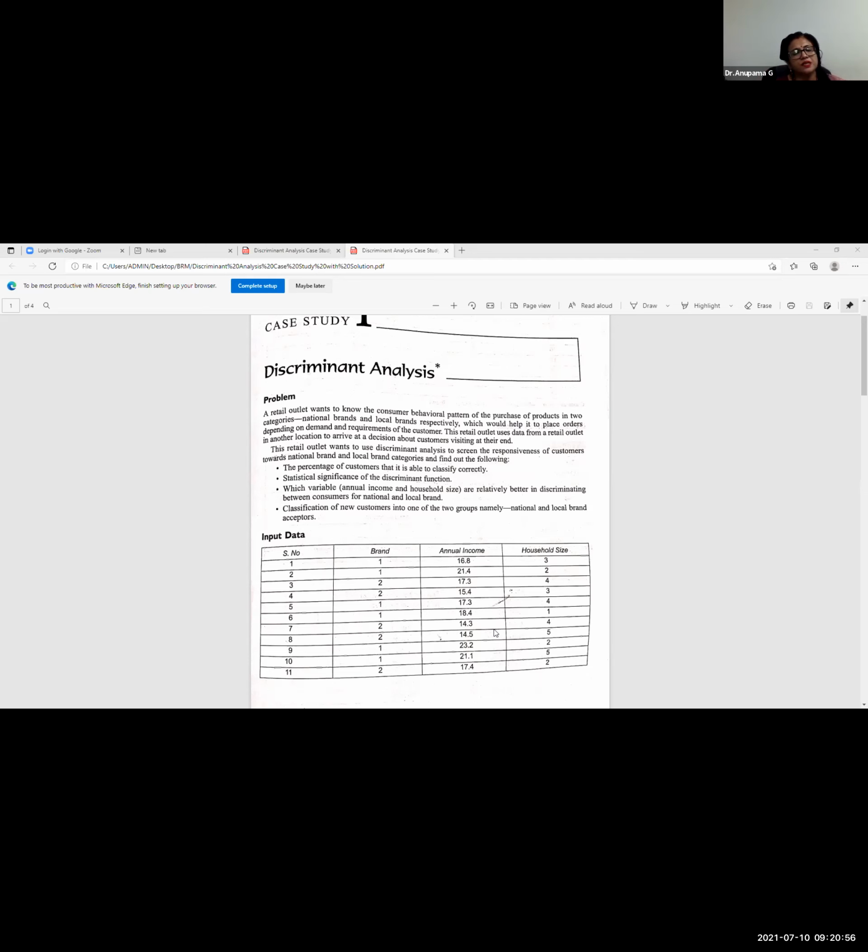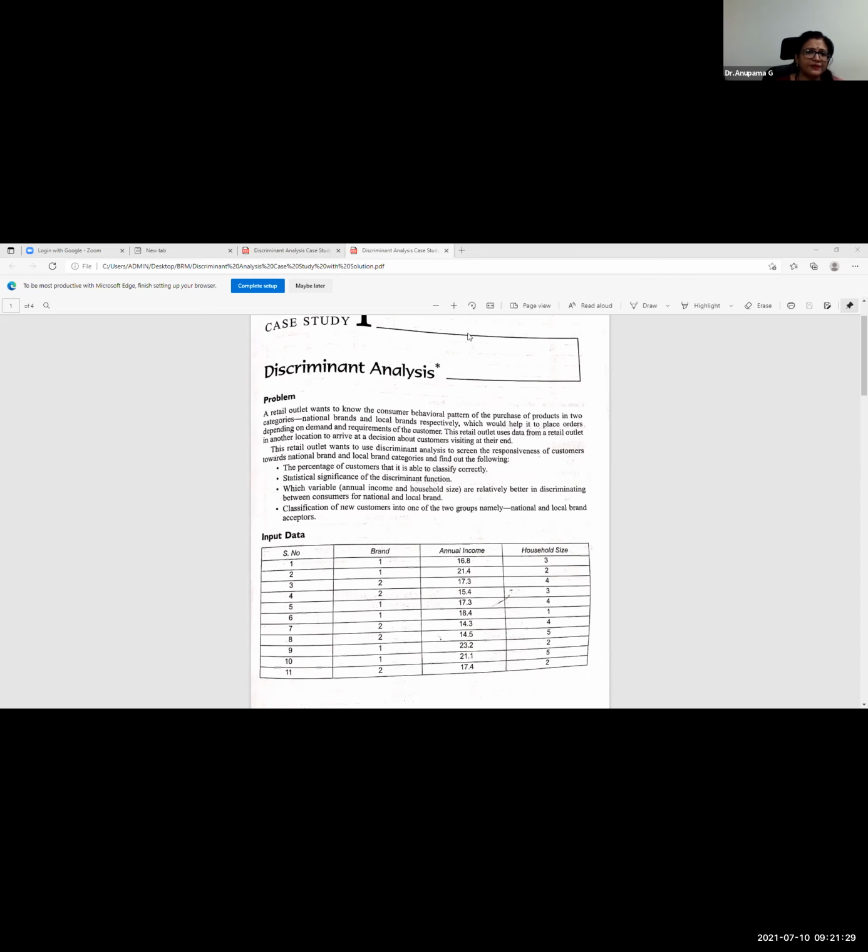So discriminant analysis, we said, can be used primarily when you want to discriminate between 2 or more groups of any objects. All right. The dependent variable will have to be a categorical variable. You want to categorize people or respondents or objects into different categories. The independent variables in the discriminant function will have to be interval or ratio scale items. All right. So the first one was P&G, where they wanted to classify their territorial sales inspectors, or any kind of sales staff, into different categories.